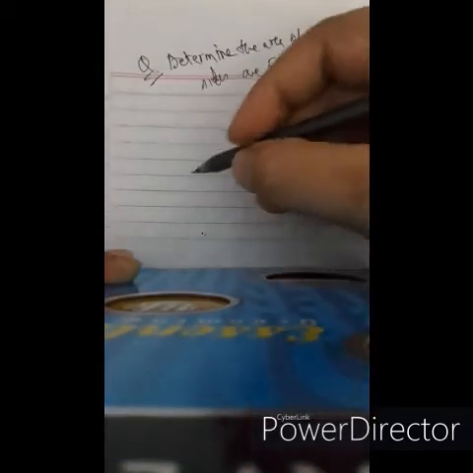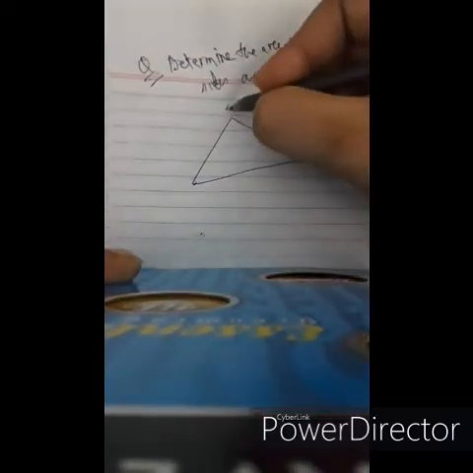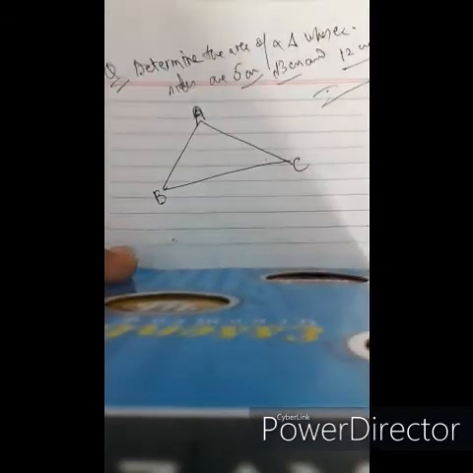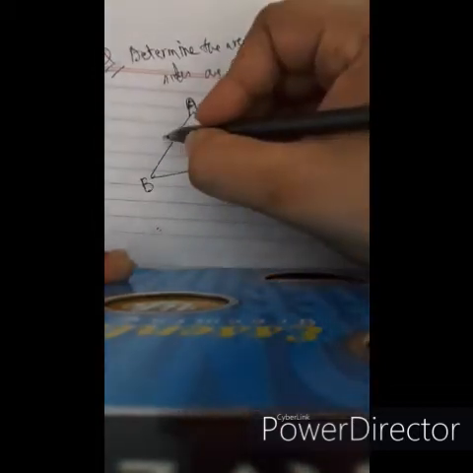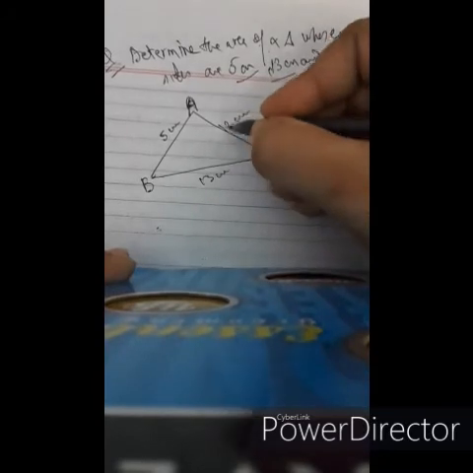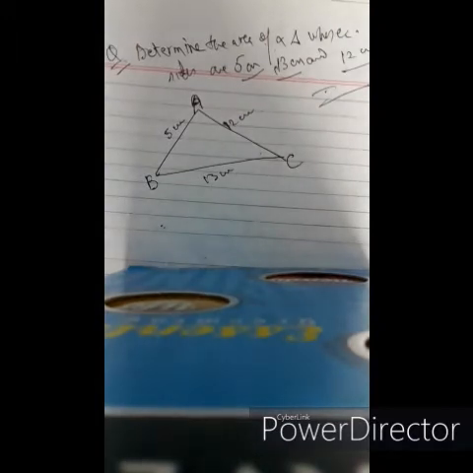So we'll draw the triangle. It's basically just a rough figure we are sketching here, not going into much detail. Let's suppose this is 5, this is 13, this is 12 centimeters. Three sides are given, so half into base into height is not applicable because we don't know the height, and we also don't know which part is the base, because this is not a right angle triangle, and the altitude also is not given.